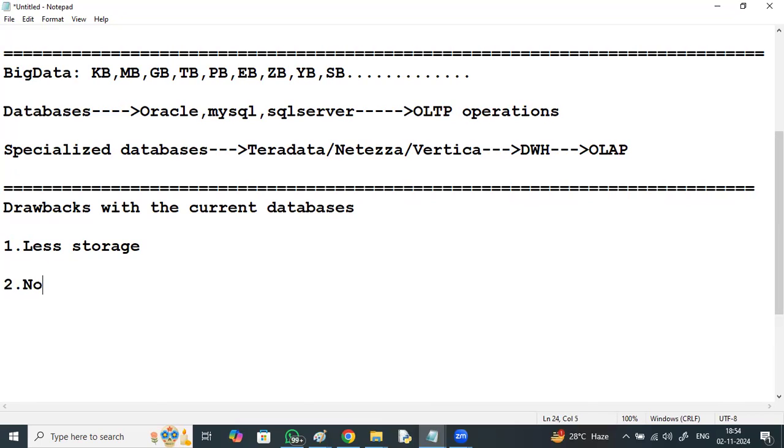There is no parallel processing in most of the databases. And if the volume of the table increases, speed decreases, right?